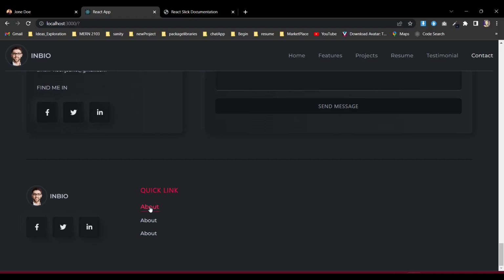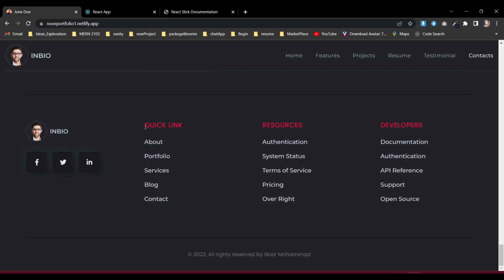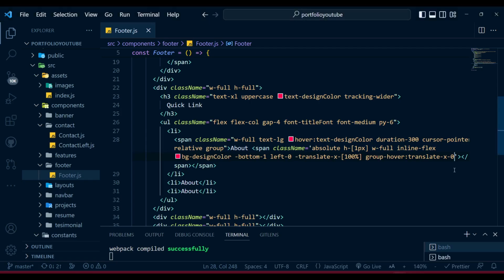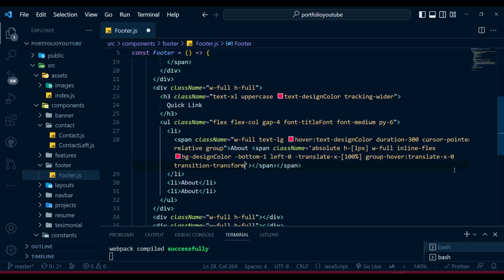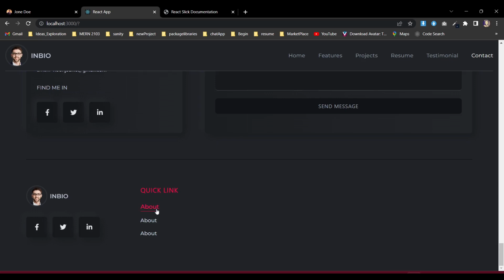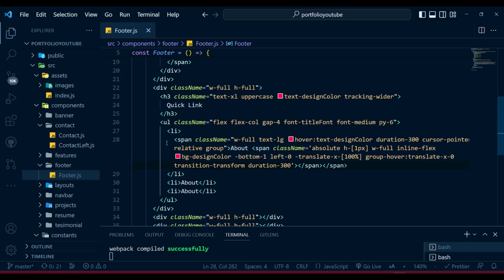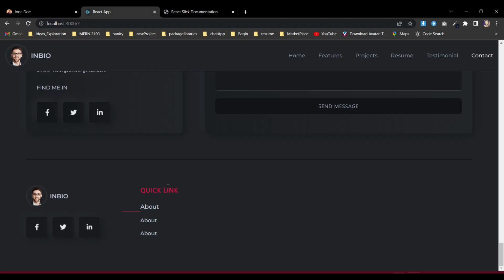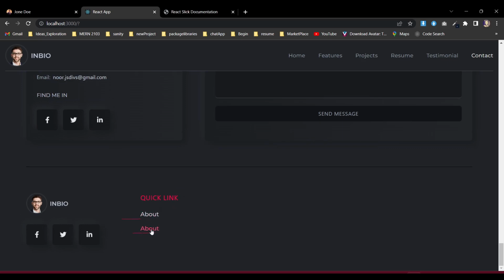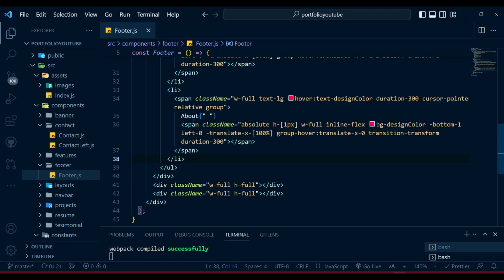But now it's coming very quick. See, it's coming all together. The duration is coming all together, so we need to create that duration. So now what will happen? Transition will come in transform, which is happening with the translate, and the duration will be 300. Okay. So now if we see, it's very smooth, very smooth. If we paste it here instead of these two, now you can see. Okay, now one more thing, we don't want to see it beforehand, so we will